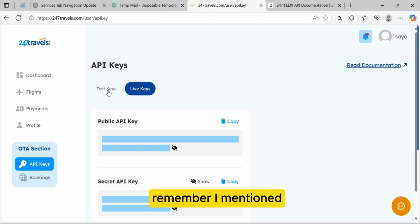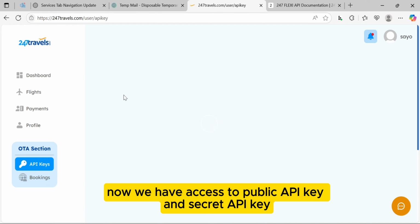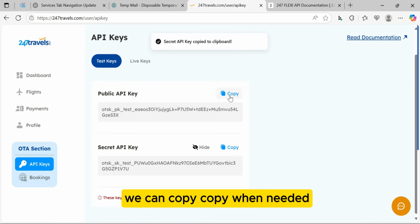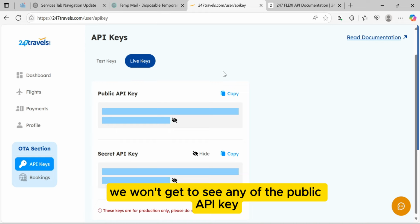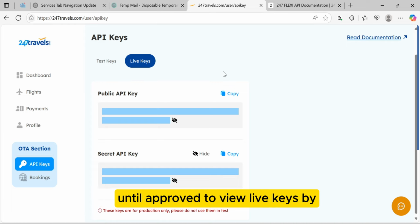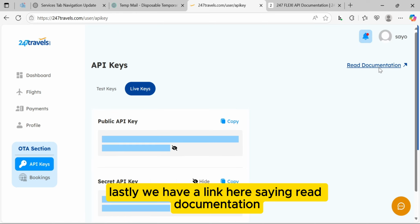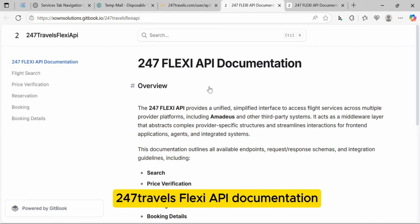All right. Now, remember I mentioned we have access to our test keys and bookings because we've been approved to become an OTA of 247 Travels. Now, we have access to public API key and secret API key. We can copy when needed. And also, about the live key, we won't get to see any of the public API key, neither will we get to see the secret API key until approved to view live keys by 247 Travels. Lastly, we have a link here saying read documentation. Now, this documentation is basically the 247 Flexi API documentation, and it basically outlines all endpoints, request or response schemas, and integration guidelines necessary